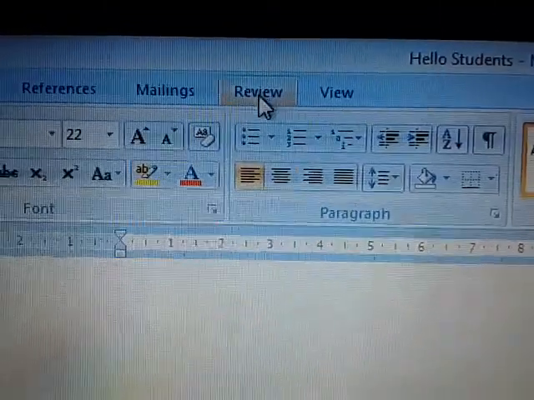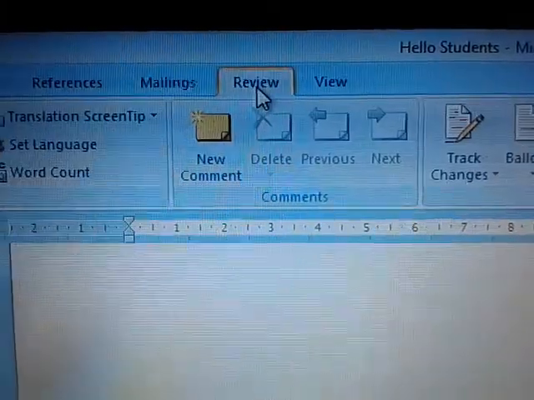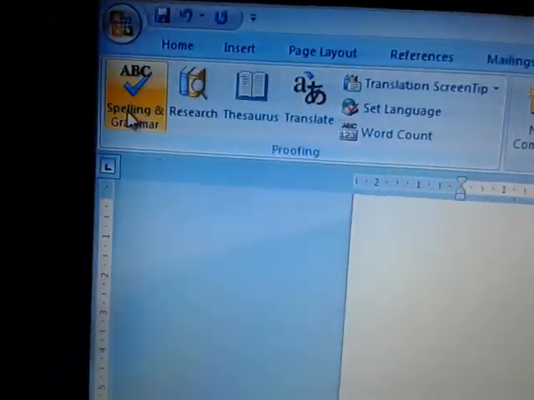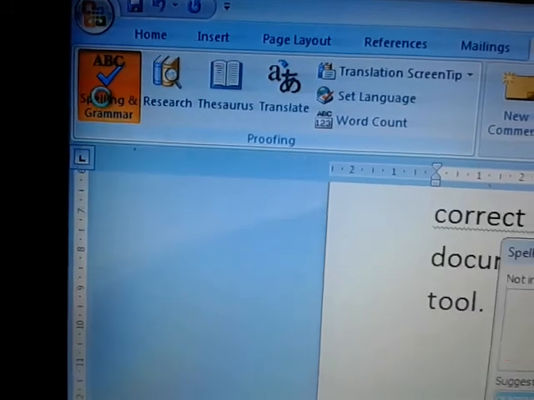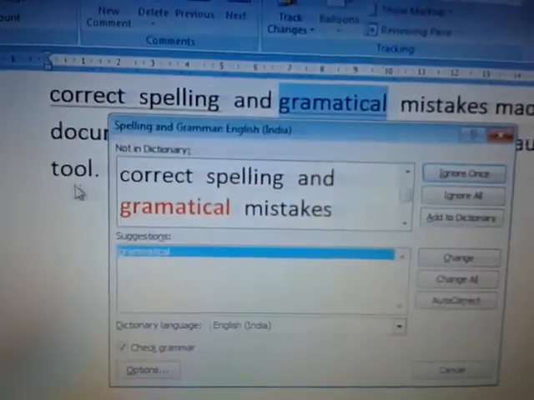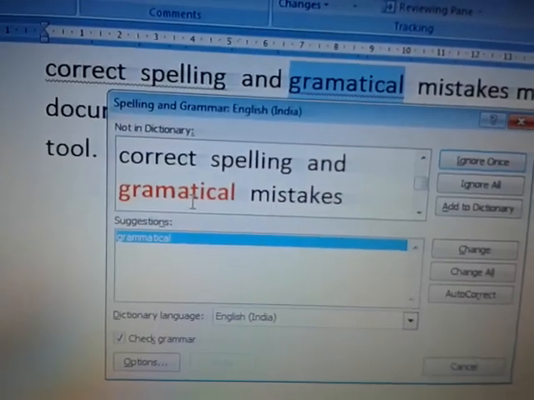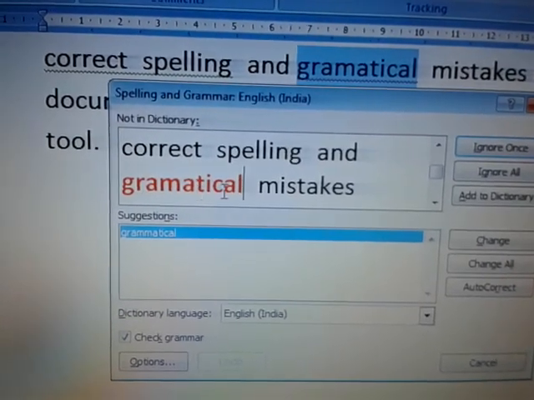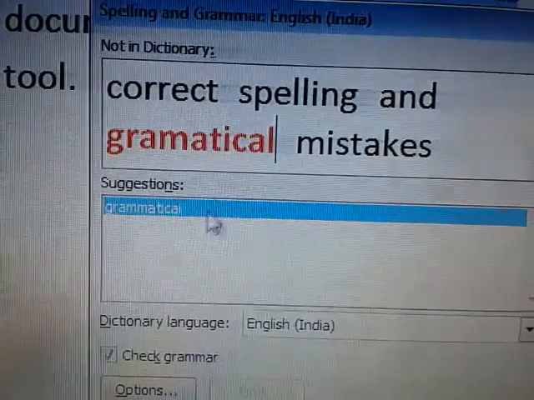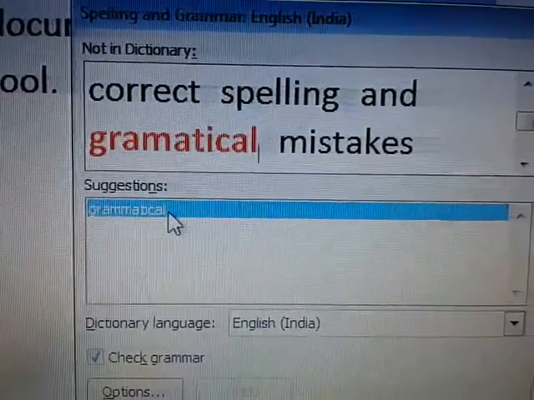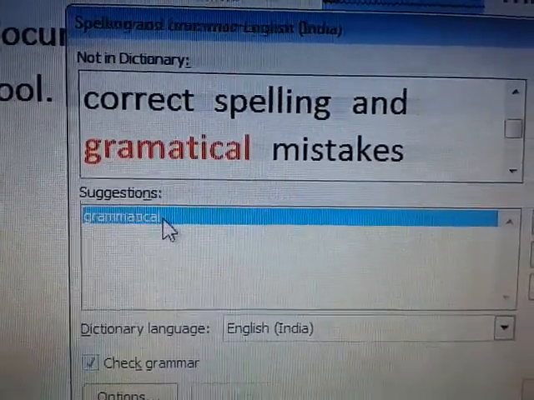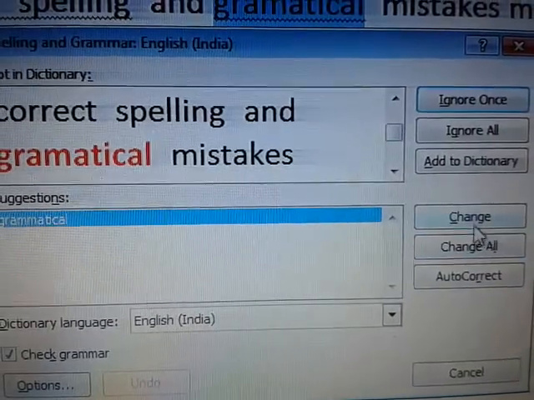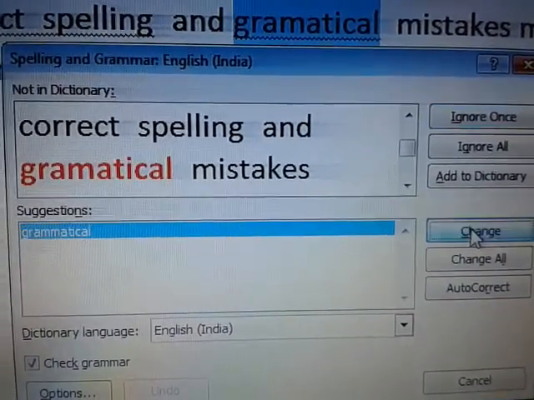Here is this Review, you can see. Go to Review and click on Spelling and Grammar. On clicking, it will show that the spelling of grammatical is written wrong, and this should be the original spelling. You have to click on Change.